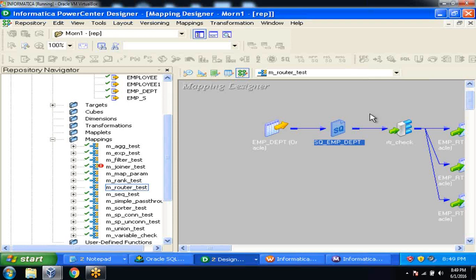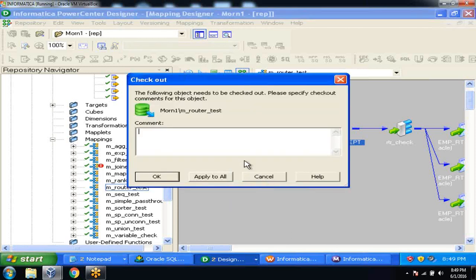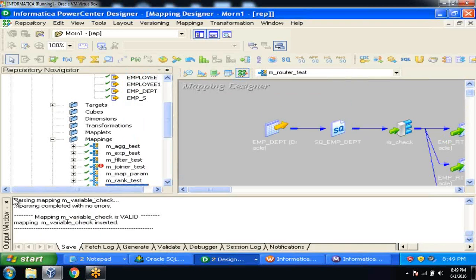So if you want to do some changes, again check out. Right click, versioning, check out. I want to add a new column. Whatever comments you want, apply to all. Then again the tick mark will come. See,